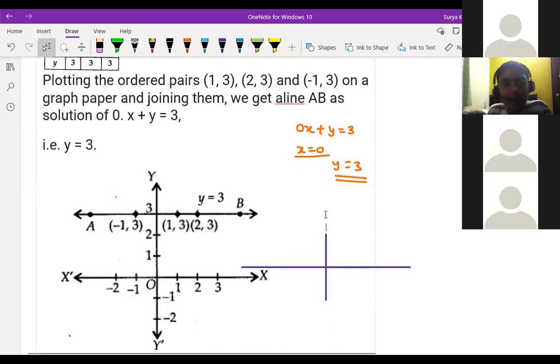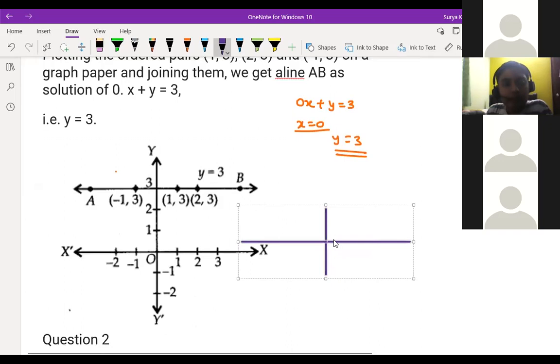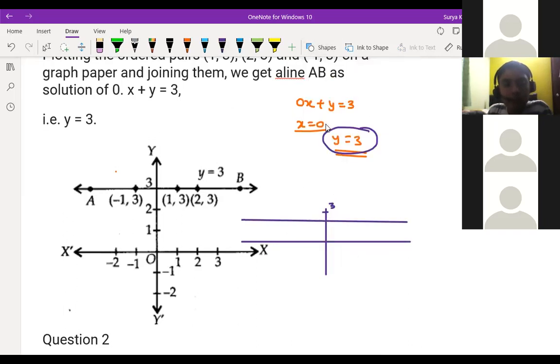Yes, sir. So on this line, y is equal to 3, how to draw a line for y is equal to 3? Tell me. Sir, on the y-axis, we have to keep 3 ticks and then you should make a line here at 3, and this is parallel to the x-axis, correct? Yes, sir. This is the line. This is not 3, this is 3, okay? Then what is your doubt? Tell me what you are asking now. Okay, sir. So we have to locate the 3 on the y-axis and then draw a line through it, right?